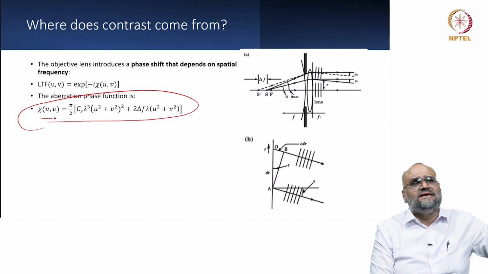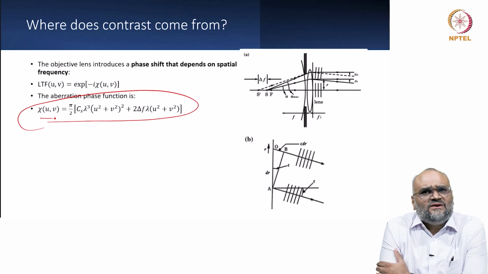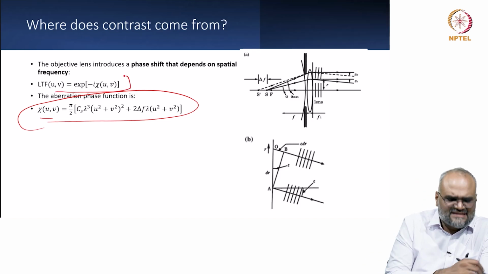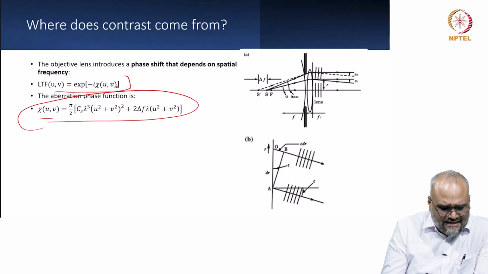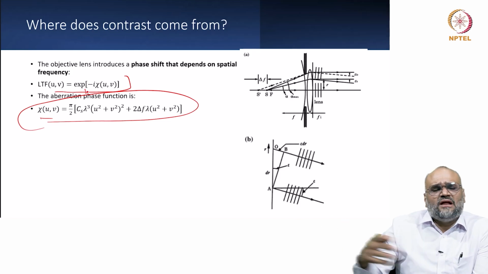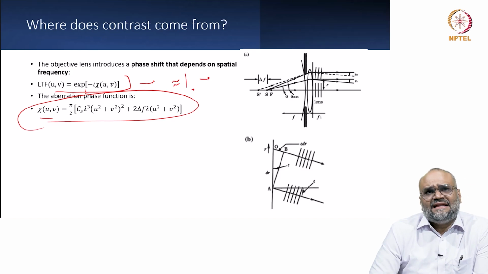So, this chi is called your aberration phase function. It is actually a complex number, and u and v are the spatial frequencies, and the phase modulation can be written in terms of this aberration function. So, if I look at how the phase shift happens, it is given by this equation, and if I look at the real part of this expression, and when you do the polynomial expansion, you can take the real part as almost equivalent to 1. So, there is hardly any amplitude change as a consequence of the